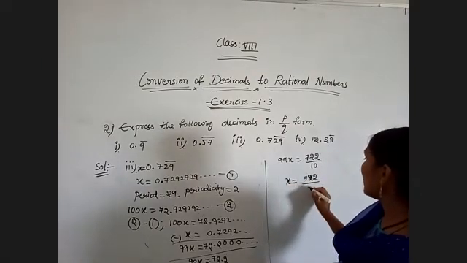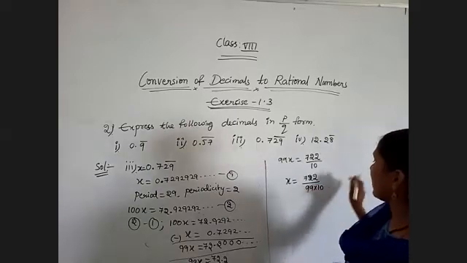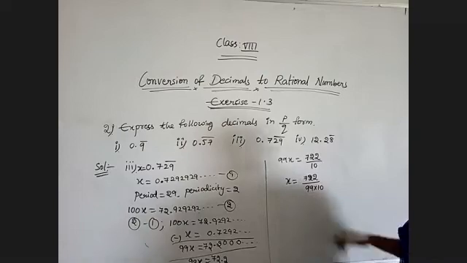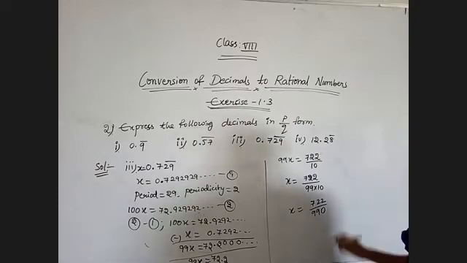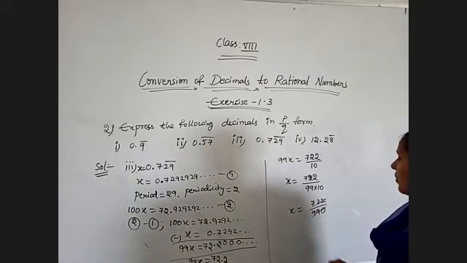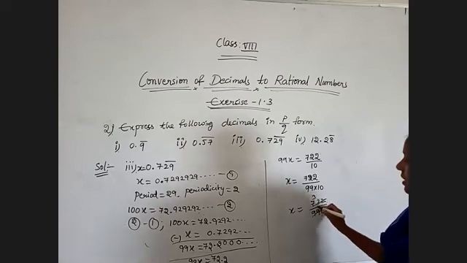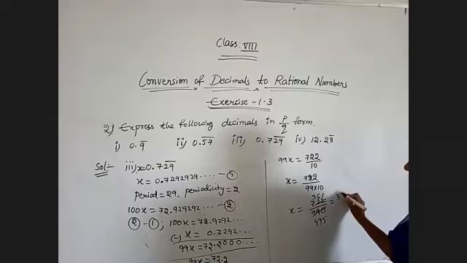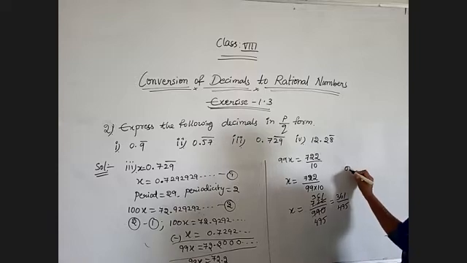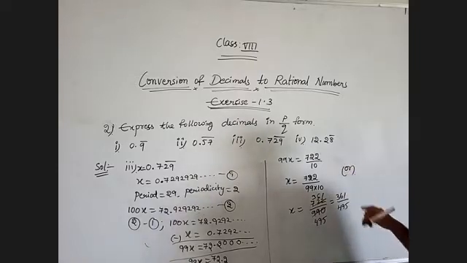Now x is equal to 722 by 99 into 10. So here the 10 and this one will get cancelled in the two table. First of all I am multiplying this: 722 by 990. Now cancel in the two table, both will get cancelled. 2 3s are 6, 2 6s are 12, 2 1s are 2, 2 4s are 8, 2 9s are 18, 2 5s are 10. So what is the result? 361 by 495. So observe the shortcut method whether we will get the same answer or not.